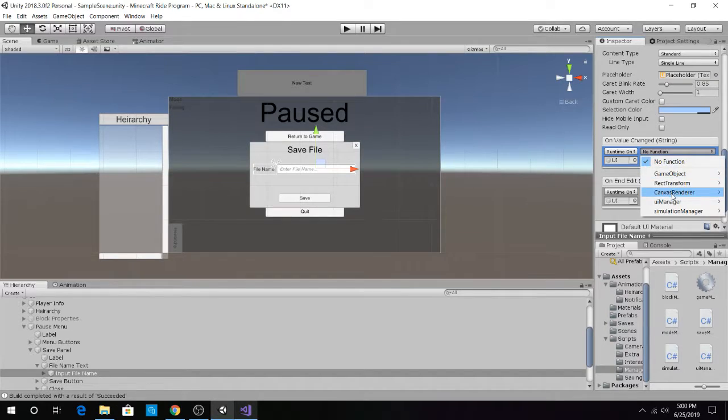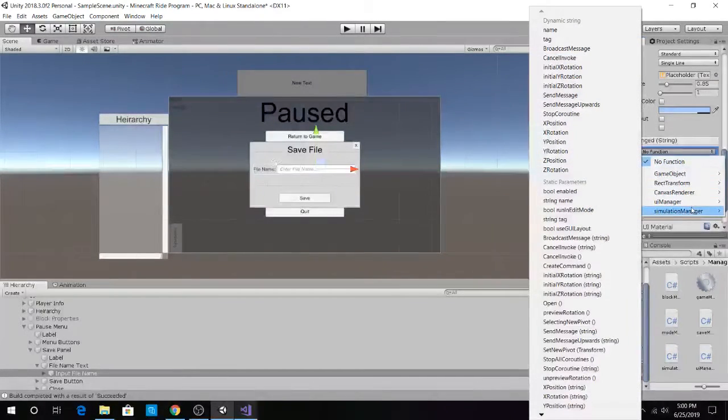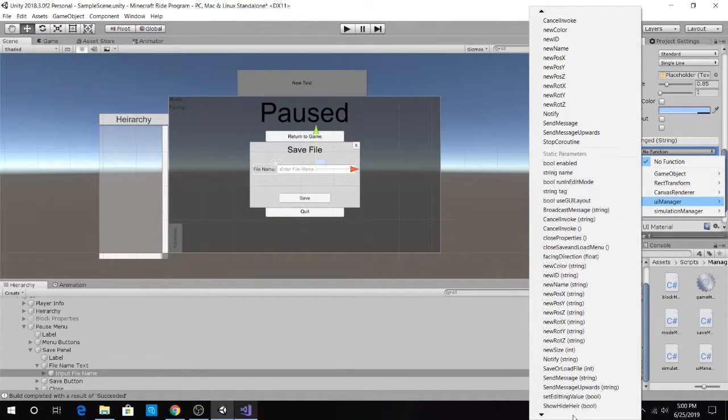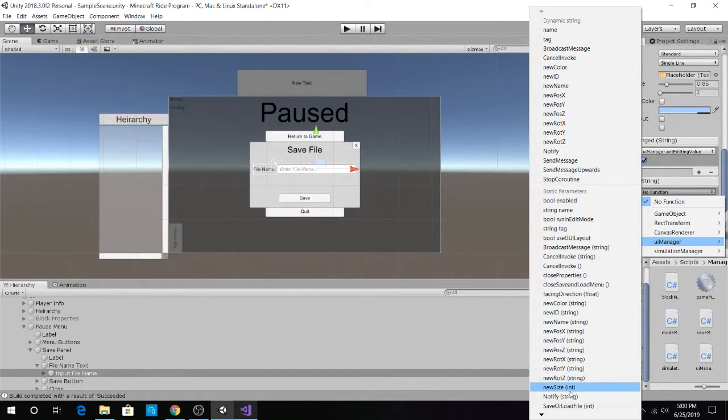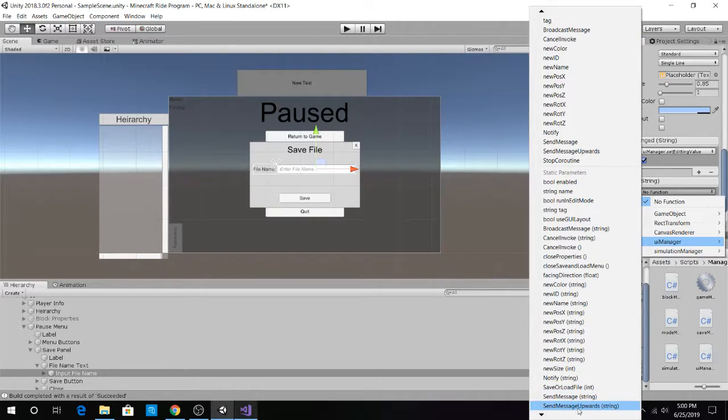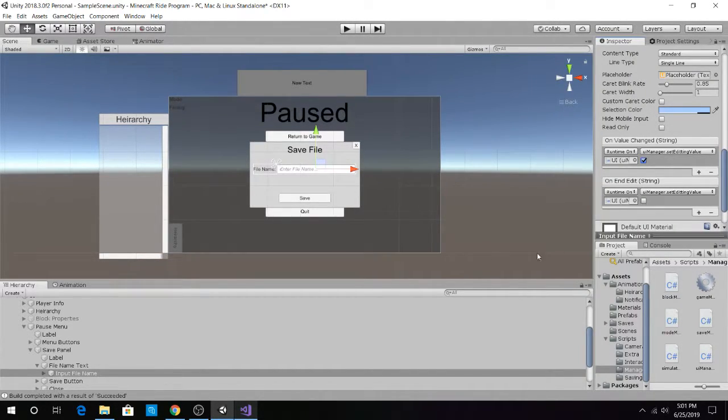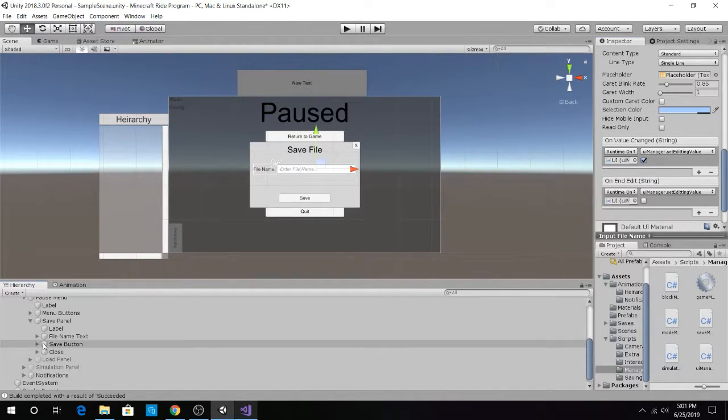Then this guy will do not simulation manager. It goes to this guy again. Set editing value to true. And then again, UI manager, set editing value to false. Have to do the same exact thing, but for the